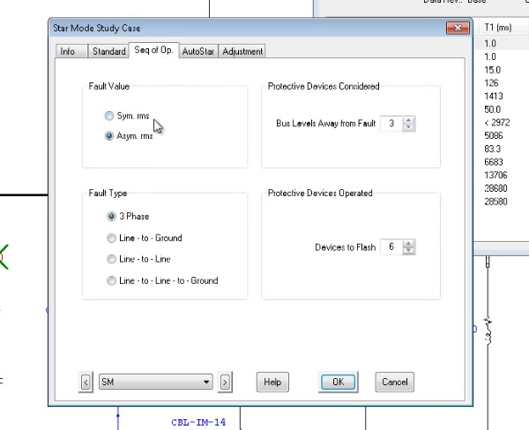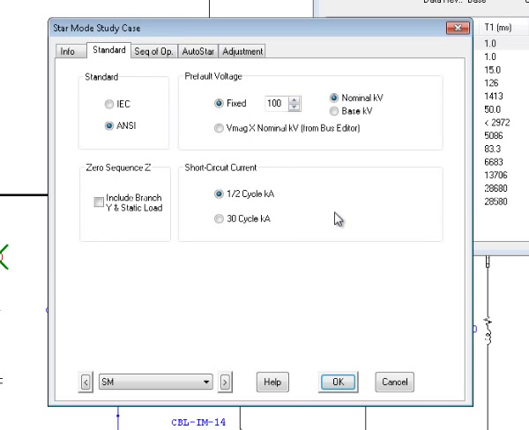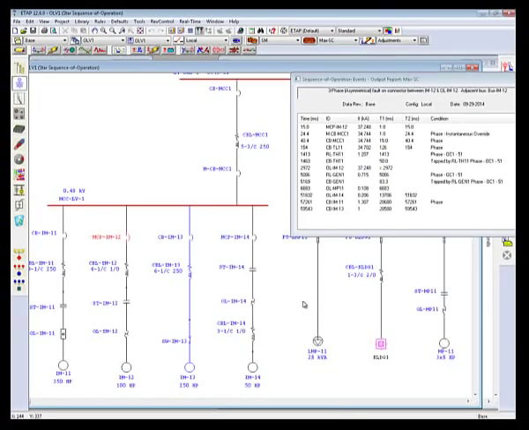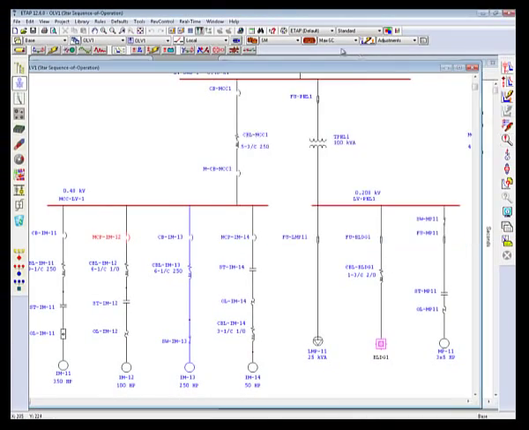Also, you can either select the balanced three-phase fault, with asymmetrical RMS current, or unbalanced line to ground, line to line or line to ground fault. So let me select one of these examples and set it to 30 cycle, which will automatically set the fault type to symmetrical as it's a steady state, and line to ground fault, and press OK. Once I set it to line to ground fault and set my report for prompt, I again place a fault on this motor,